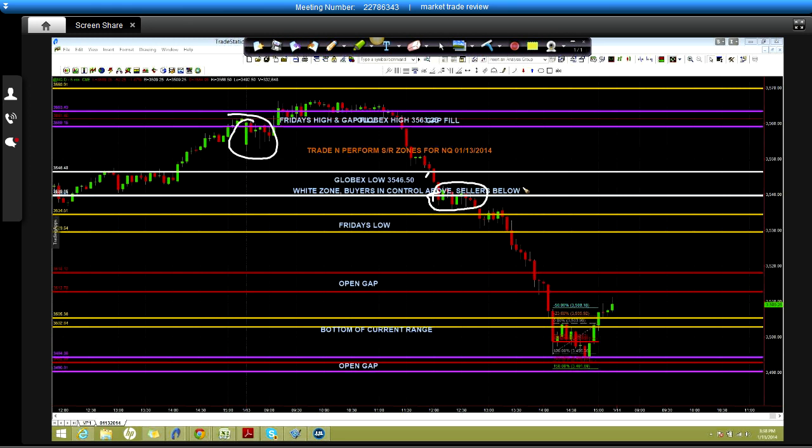The next thing that I haven't talked about is the white zone, right? We're now below where traders had control to the buy side. Sell side now is in control. You can see that we got underneath it and they enforced it on the bottom end. This zone, generally speaking, just for future reference, I'll tell you from my own numbers, is apt to break if it's right underneath the white zone. It was still a valid location, but your upside reversal was very small and you didn't have a good stretch,